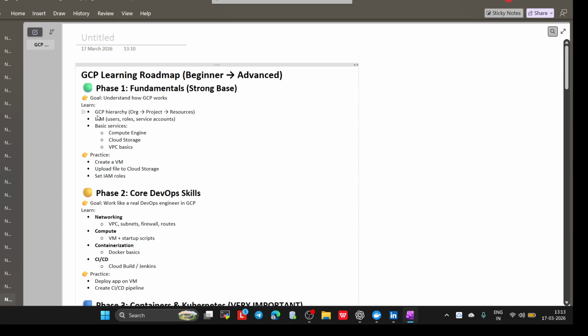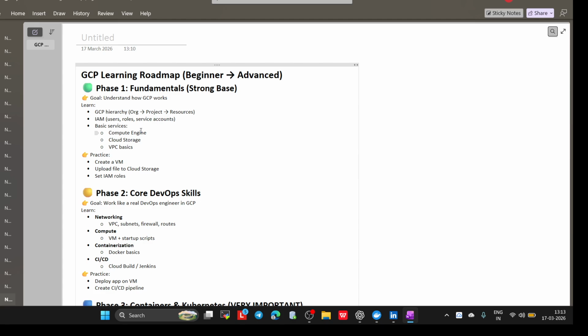After that comes IAM, with users, roles, and service accounts. Basic services are Compute Engine, Cloud Storage, and VPC basics. After that we will create a virtual machine, upload a file to Cloud Storage, and set IAM rules.